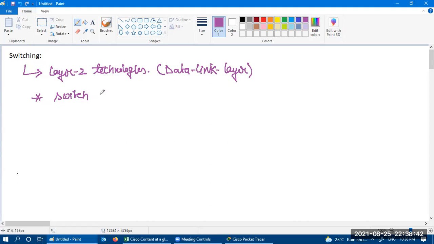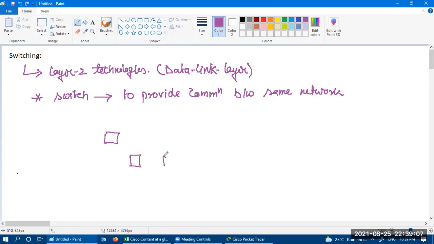So what is the functionality of a switch? To provide communication between devices in the same network. Just assume in your organization, you have multiple PCs and these PCs want to communicate with each other.